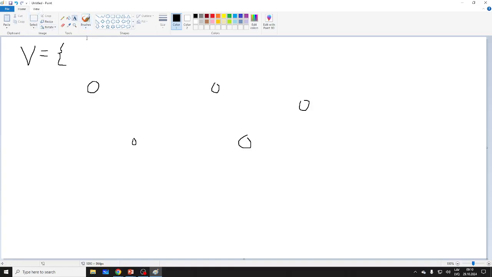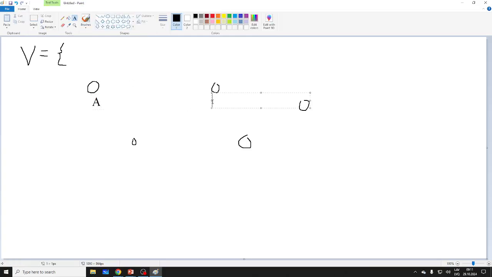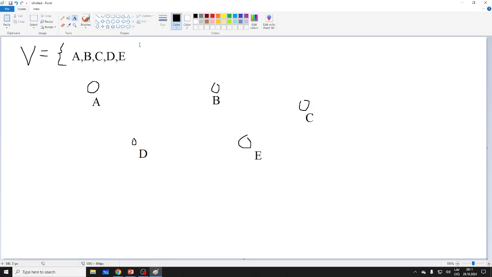Oh, here we go. So this will be A, B, and C. Of course, you can pick different names. So this will be A, B, C, D. And I'll draw my funky